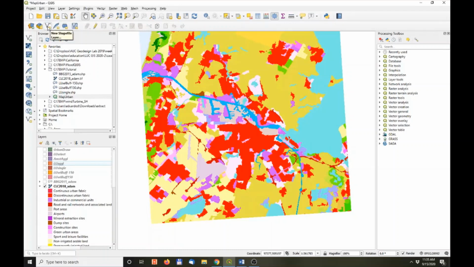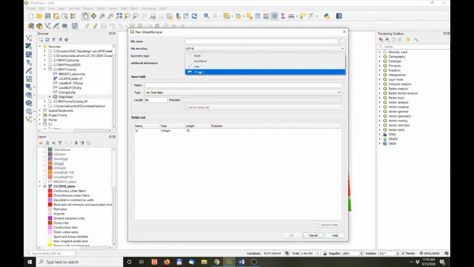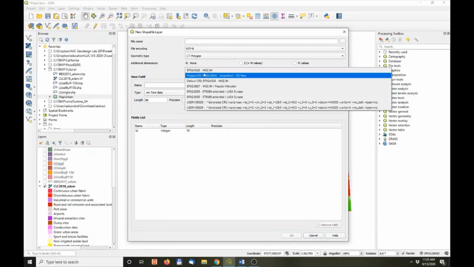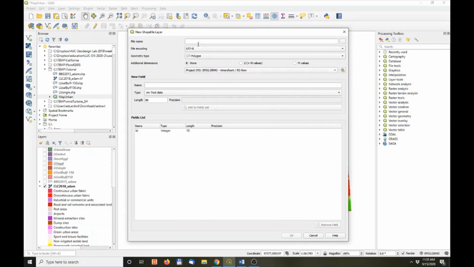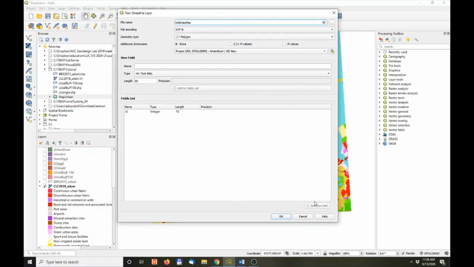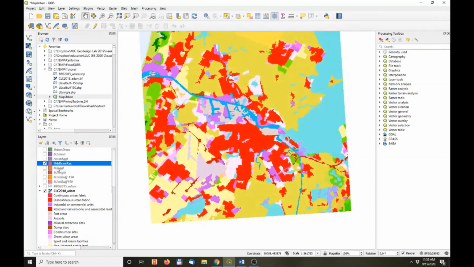New shapefile layer. Not a point, but a polygon. Actually, now I see why that popped up here. I also want it to be our 28992 projection, because this is good for the Netherlands. And let's do it again. Urban herb draw ras. It probably is going to ask if I want to overwrite. Okay. Well, no, maybe I change it slightly. Urban draw ras is empty again, and let's start editing it with this button here,